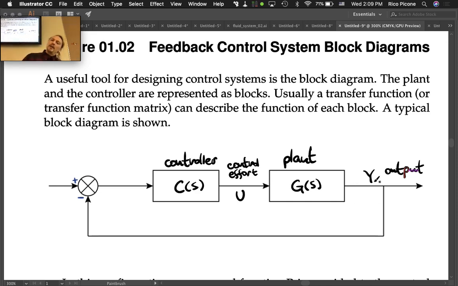So this output gets fed back. Remember, we're using the concept of feedback here. We'll measure what that output is. Maybe it was the angle of the robot arm joint that we talked about last time, so maybe we want it to be 30 degrees. Let's measure what it actually is, feed it back, and subtract it in the summing junction from the command value for the output. The command, we usually use R for. So it's the command minus the output. It's the difference between what we want and what we actually have,